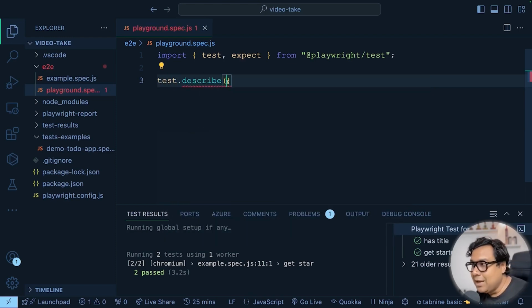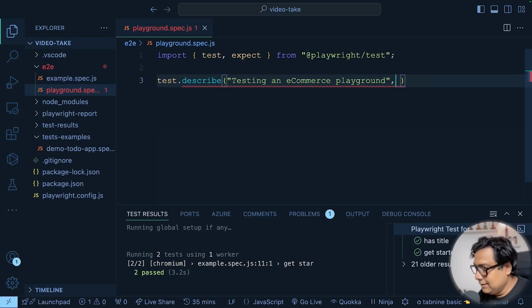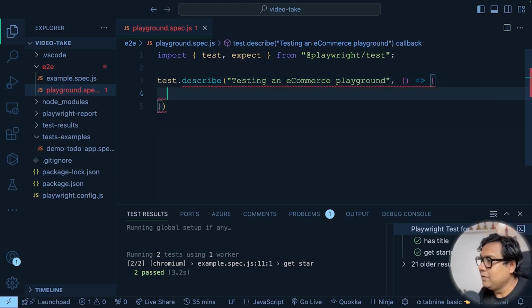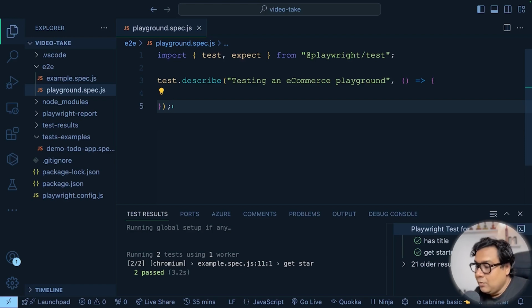We will use an e-commerce playground website to run our test. So, testing an e-commerce playground, and then we have this function over here. Inside that we can write all other tests. All right, now it's time